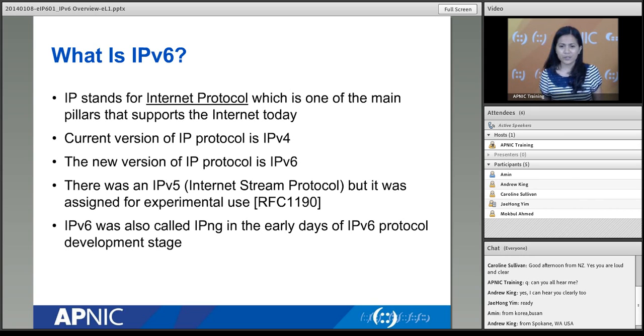Now, the first question is, what is IPv6? Before we go into that, it is also essential that we understand what is a protocol. So what is a protocol? Everybody coming here should know that. A protocol defines the rules for data communication. So they are sort of like a common language that is used by different devices that connect to the internet so that they will have some sort of meaningful communication, meaningful conversation.